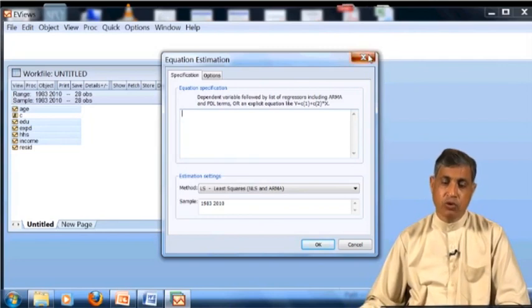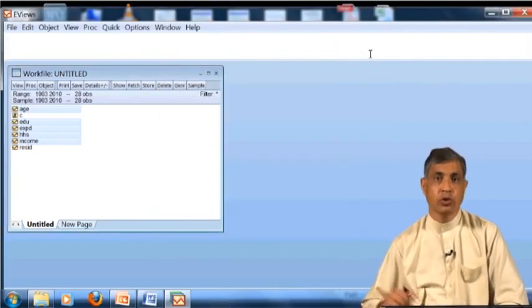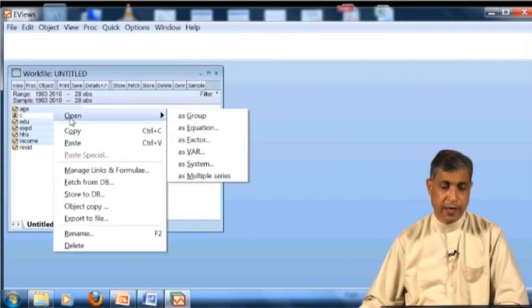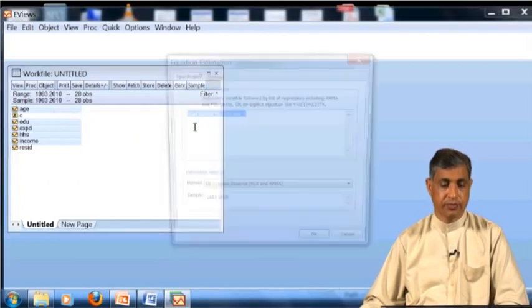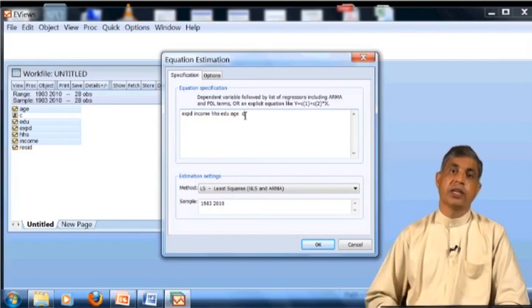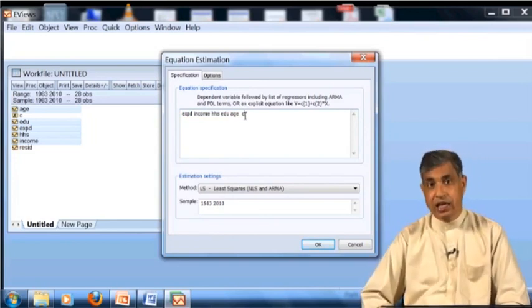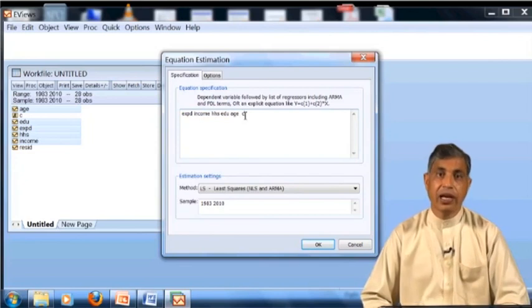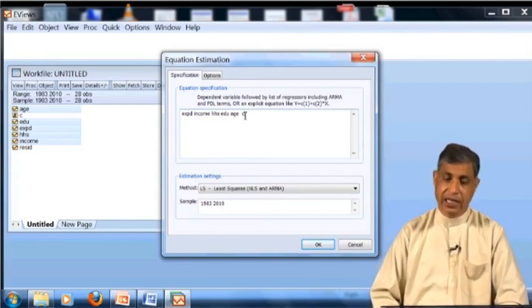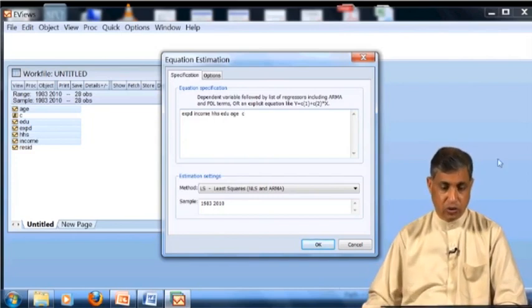But I am interested in more. I want to make maximum use, optimal use of eViews. So I would like to write open as equation. Now it has given me the names that are here. Look at this. This is the C. And what is the C? C is the intercept, which shows that it will not run the regression through the origin. C is the intercept. So I say OK.